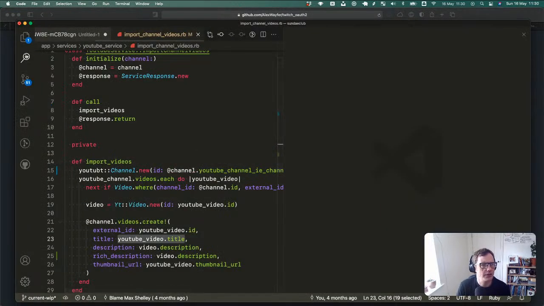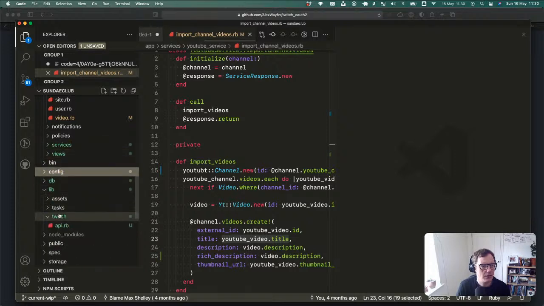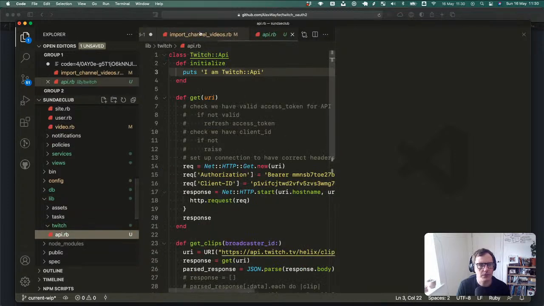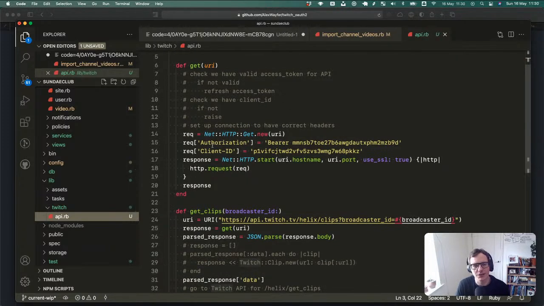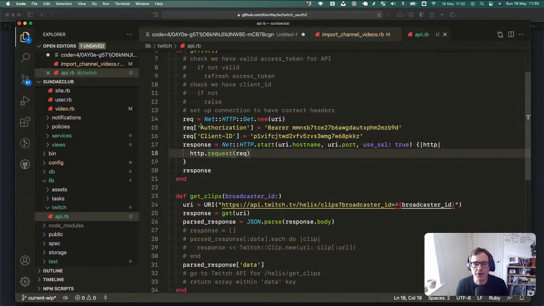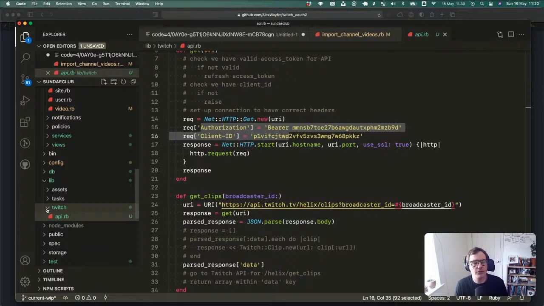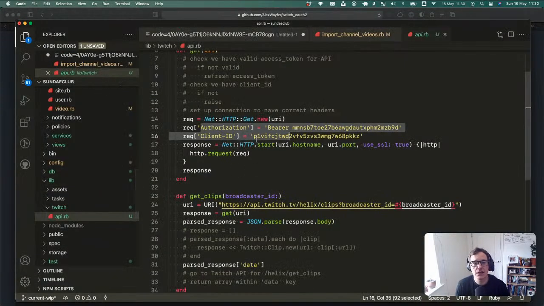It's pretty rough, from last week, and in here we made a very basic API, and we just hard coded all of this stuff. And what I was saying was, well, you need to go and handle that somehow. So you can choose how, but you could make your own gem that handled it for you. You could use this gem alone. So Twitch OAuth 2, I didn't know that existed, but we could get rid of all of that stuff and just be like, hey, here you go.